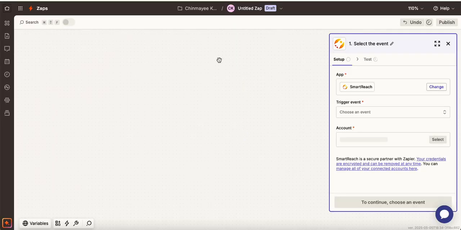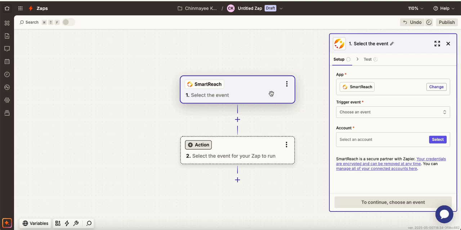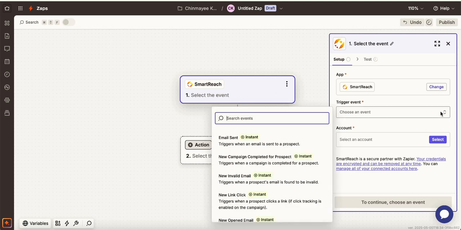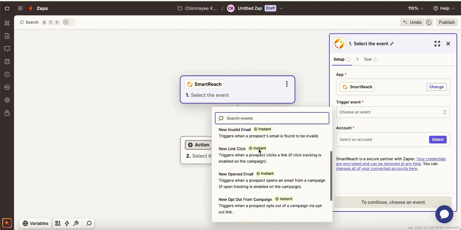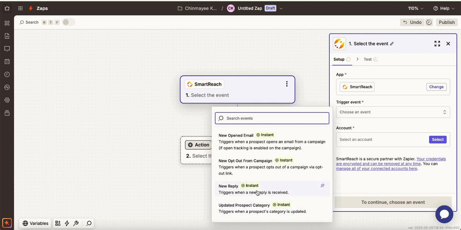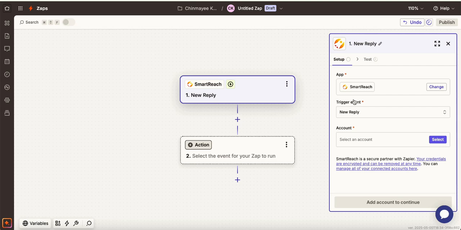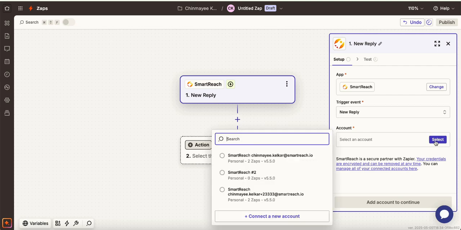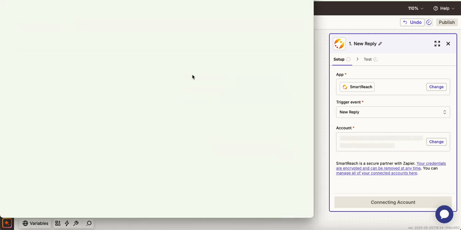You'll find a variety of triggers to choose from, such as when an email is sent, when a prospect opens an email, or when they reply. In this case, we've selected the reply trigger, which means any replies received on SmartReach will automatically be added to